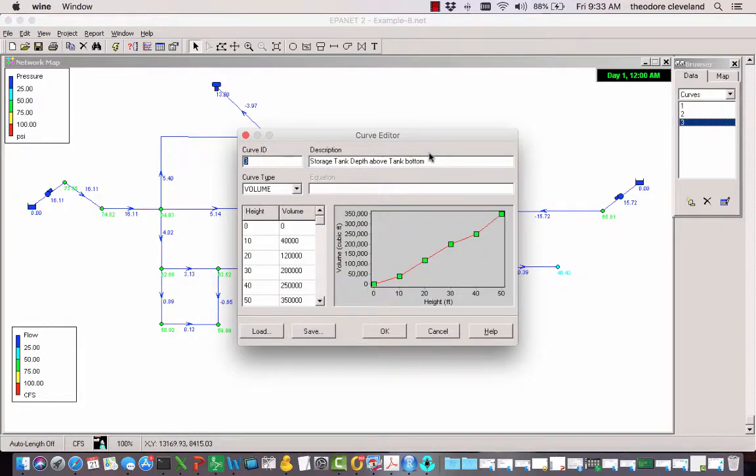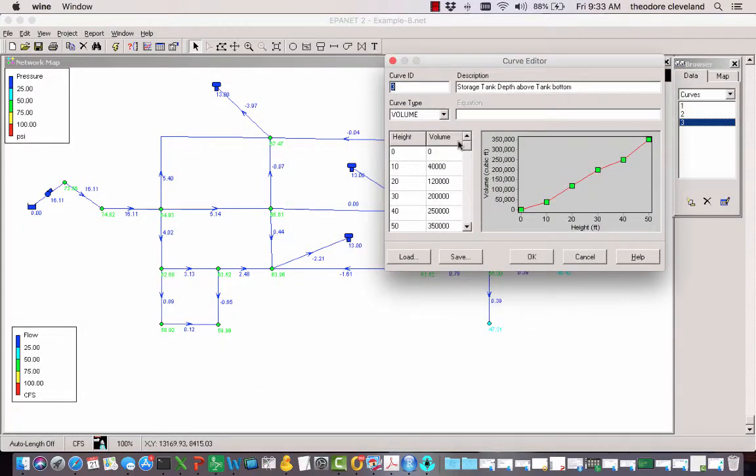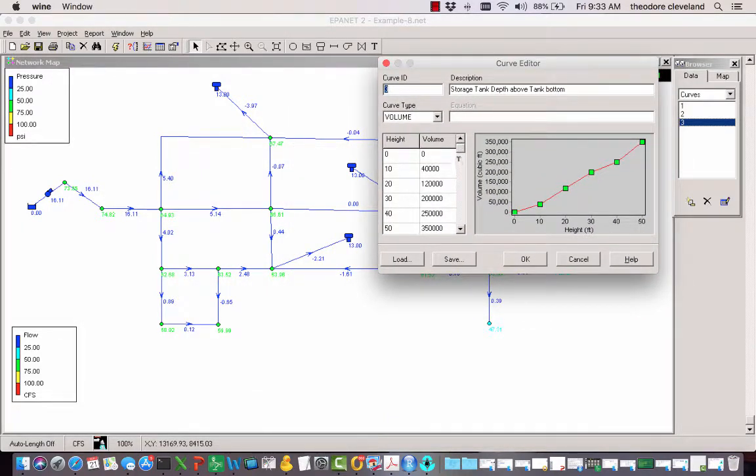And curve number 3 is the storage curve for the tanks that are assumed to have identical storage behavior. So this column of height represents depth above the tank bottom. If we're at 0, there's no storage. And if we get to 50 feet of depth, so these are pretty tall tanks. These would be like our standpipes earlier in the course. If we have 50 feet of depth, the storage volume is